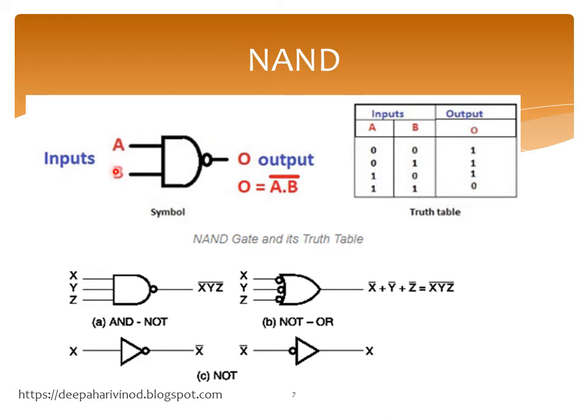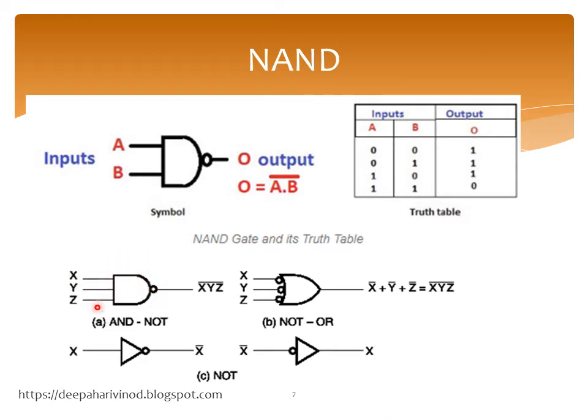In the same way, we have two inputs, so 4 different combinations will be there. For 0 0, in AND it was 0, and here it is complemented, so it is 1. For 0 1, it was 0 in AND, here in NAND, the complemented form, it is 1. For 1 0, it is 0 for AND and here it is 1. And for 1 1, it was 1 for AND, in case of NAND it is complemented, so it is 0. Now, for example, in this case we have 3 inputs, that is X, Y, Z.